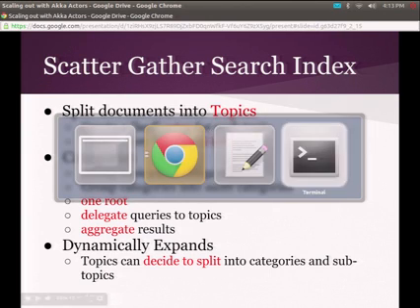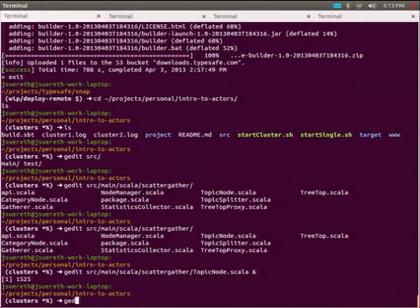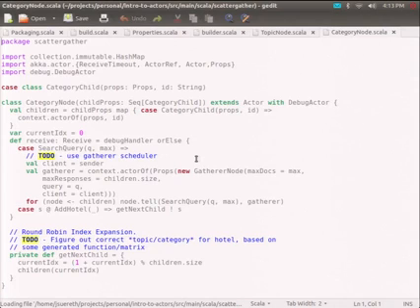Yeah, actually we should go into categories. Source main, Scala, scatter gather, category node. So a category is a little bit different. He gets a set of children that he needs to send messages out to. In his receive block, if he gets a search query, he remembers who sent the search query.